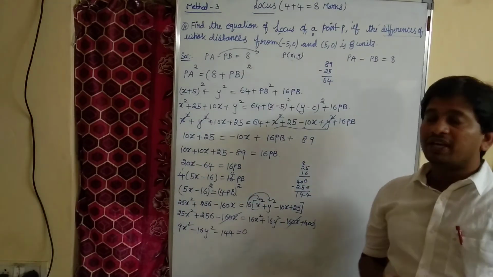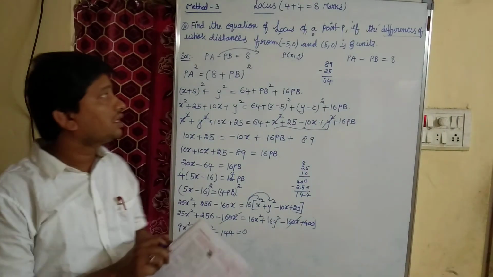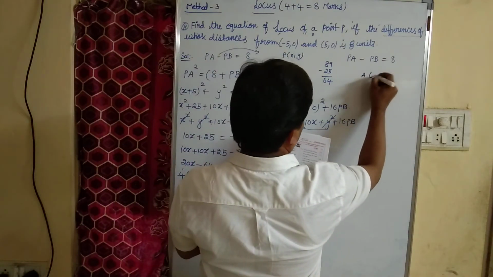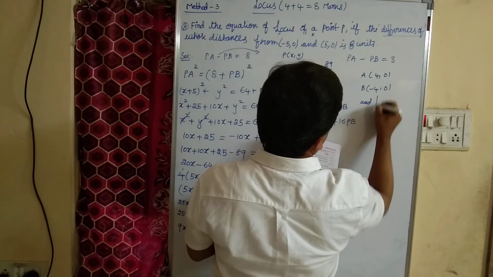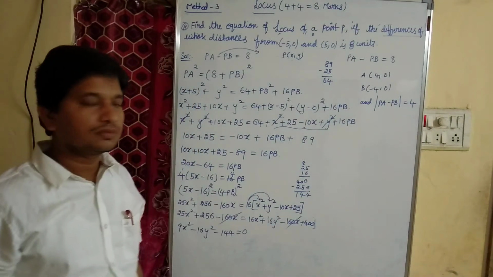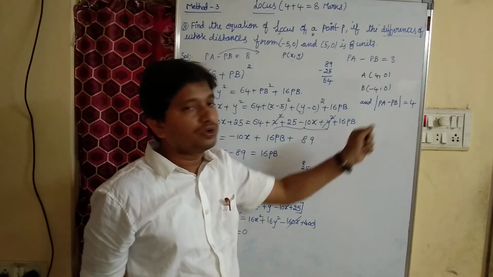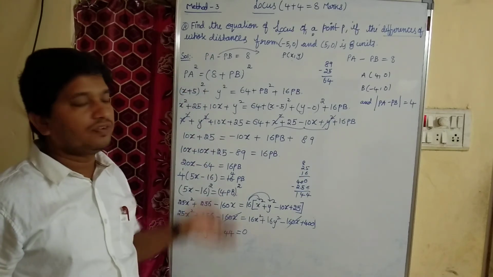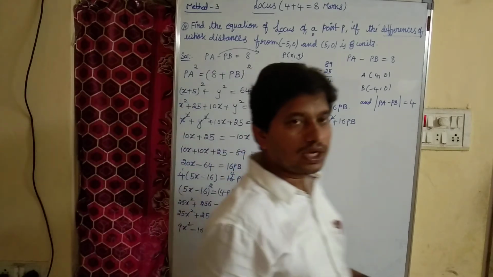So these are the methods of problems they are asking in the public examination. Sometimes they may give it directly also. For example, find the equation of the locus of P. Point A is given as (4, 0), B is given as (minus 4, 0), and the modulus of PA minus PB is given as 4. So instead of giving that the difference of distances from A and B is 4 units, directly they will do it. If it is given directly, simply we can do it easily. If they give it indirectly, then we have to understand the problem properly, then go with the answer, right?